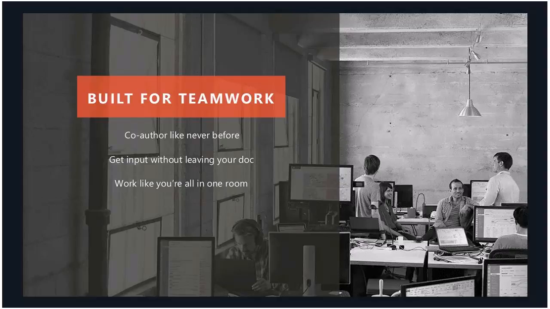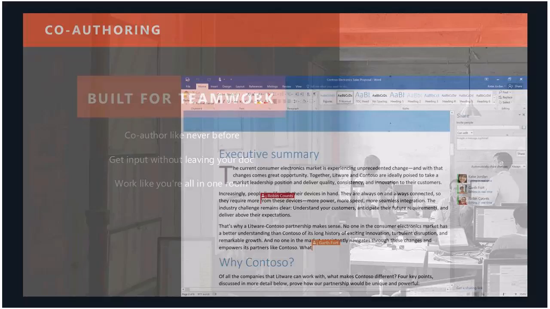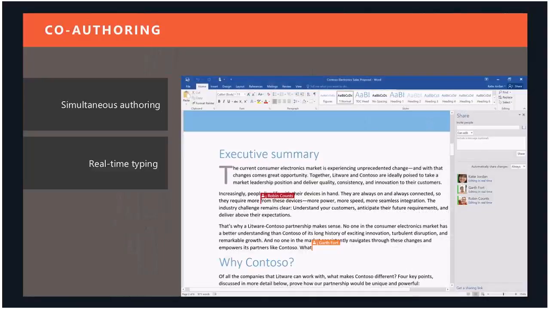So let's go through some of those features and kind of look through that mirror. So when we think about co-authoring, right, being able to see those live updates of what's going on, utilizing things like OneDrive and SharePoint, whether it's on-prem or online, so that we can see those edits real time. You've been able to do multi-editing for SharePoint for some time, but I see your updates after